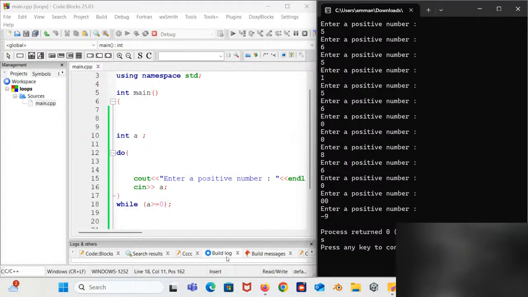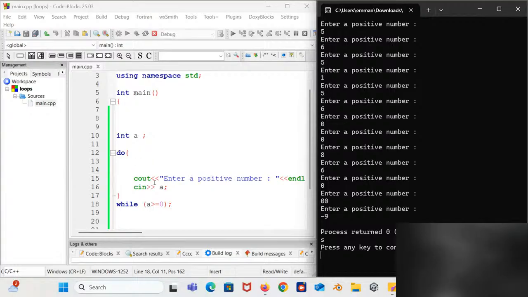So what is basically happening here is that we are using the do while loop to take in what? A number. Are we good? We're using the do while loop to take in a number. And as long as the number is greater than or equal to 0, the program is going to give us more options to input more numbers. And the moment the number turns out to be less than 0, it stops executing. That is because of the condition that we have here.